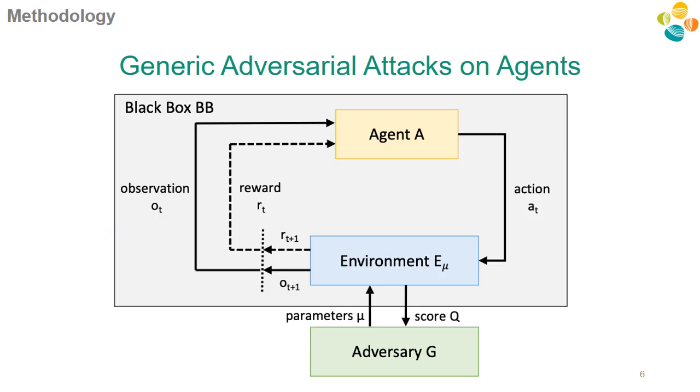Our proposed general setup includes an entity we call adversary, in which the interaction between the agent and the adversary is through the environment, E. So the adversary is basically trying to give an input to the environment such that the agent would fail in that environment. And then a score will be returned to the adversary in order to update itself and get a better attack in the following. This setup applies to conventional pixel attacks in which the environment is just the dataset of images, and it applies also to several semantic attacks, as we will see in this paper.